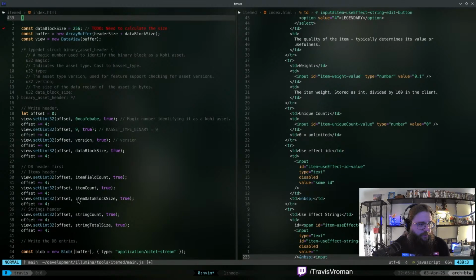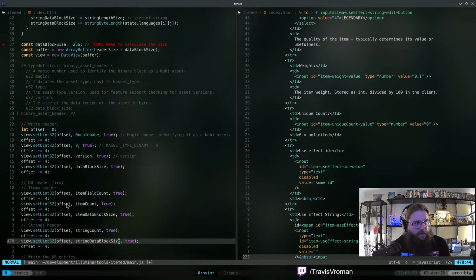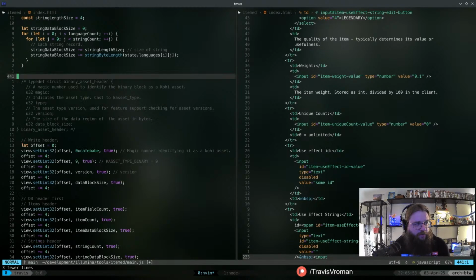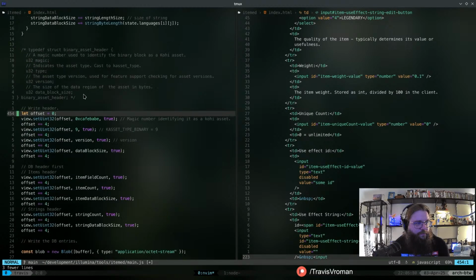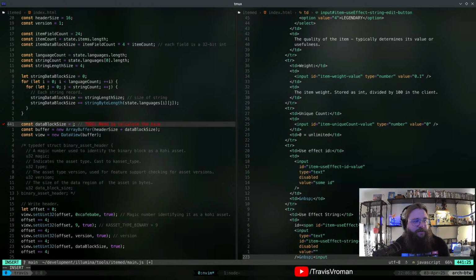So we'll do, where is it? Here. Okay. So our entire data block size, which actually we need to take this stuff and move it down. Actually, I guess we don't need to move it down, right? We have everything we need up here. Okay, so data block size is going to be,